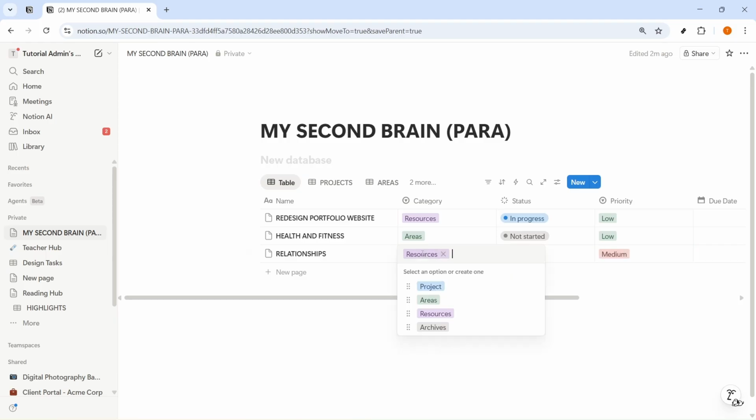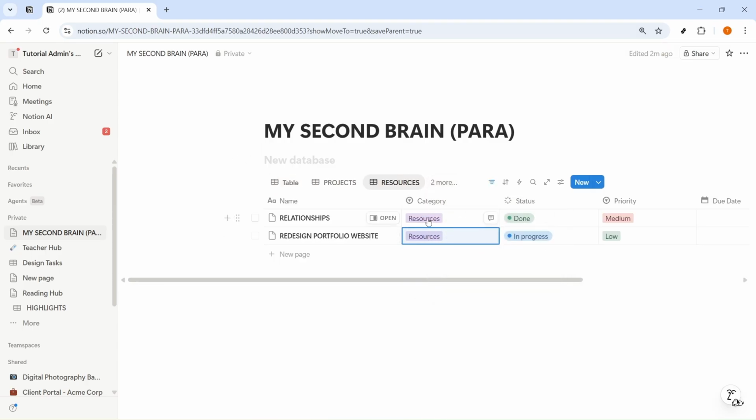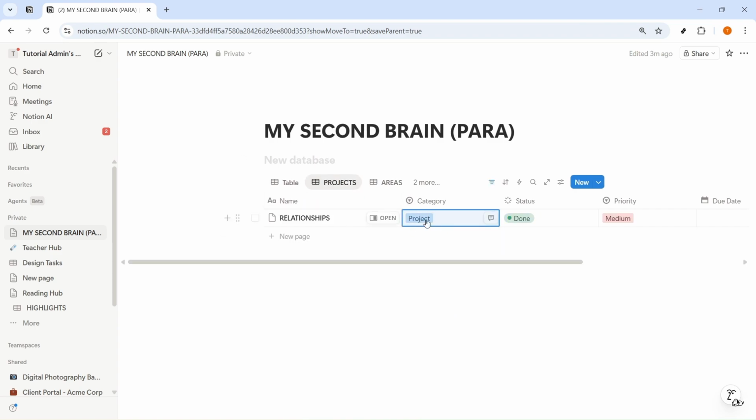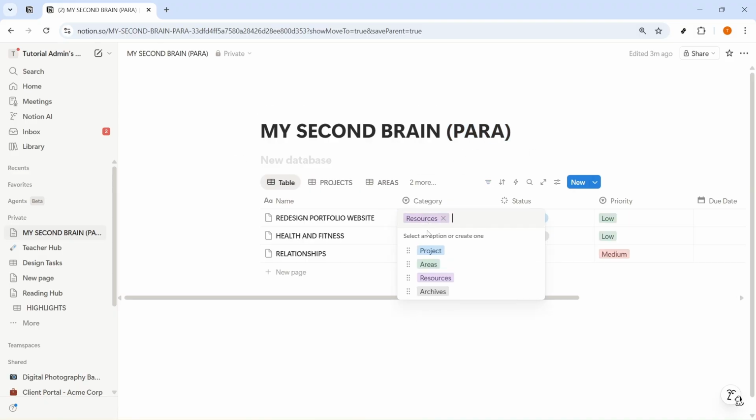When you're done, this page will sit inside your Notion workspace under your account, ready to use anytime. And that's really it. You now have a clean PARA system in Notion that's easy to maintain, easy to expand, and simple to archive without losing anything important. Go ahead and try adding a few real entries now so the system starts working for your actual life and